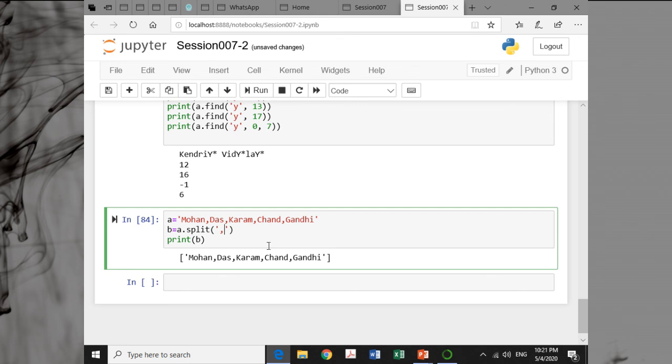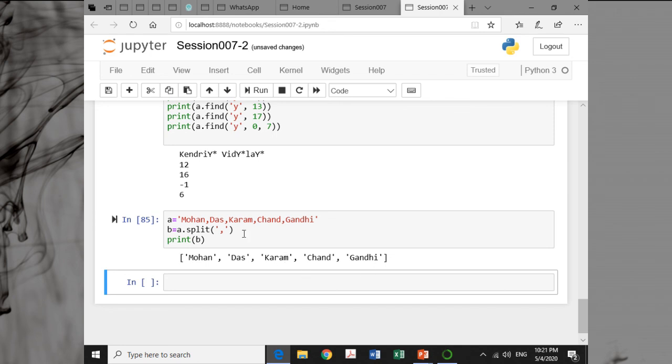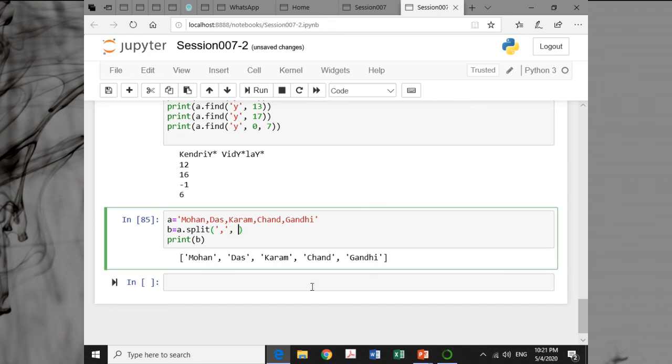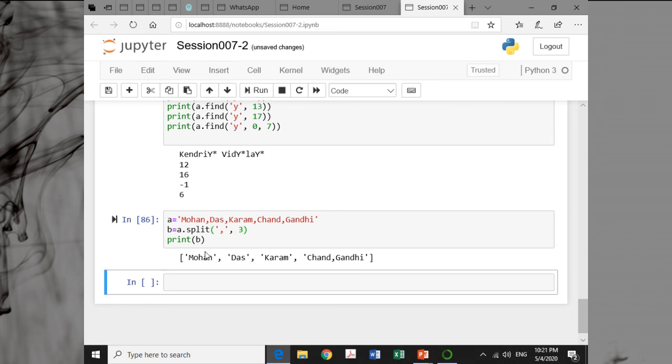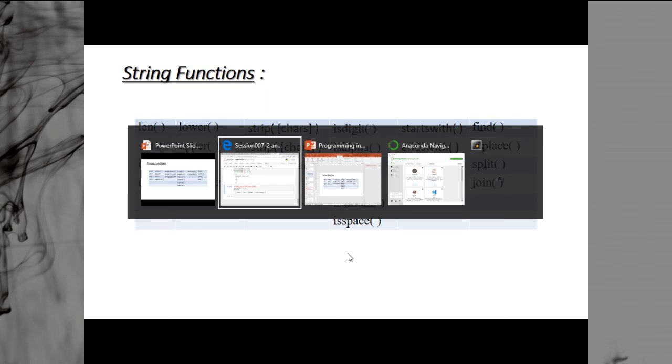So we have to specify the splitter comma, that our terminating character is comma. So this is the same, Mohandas Karamchand Gandhi. And with this also you can specify how many you want. So suppose you want only 3, Mohandas Karamchand Gandhi, comma is included here. You can see the comma is in between here. So this is how you can use the split function.